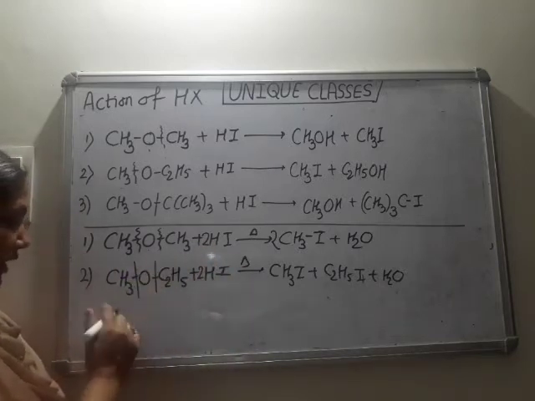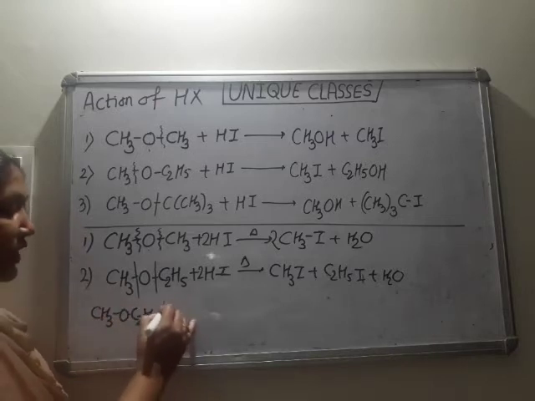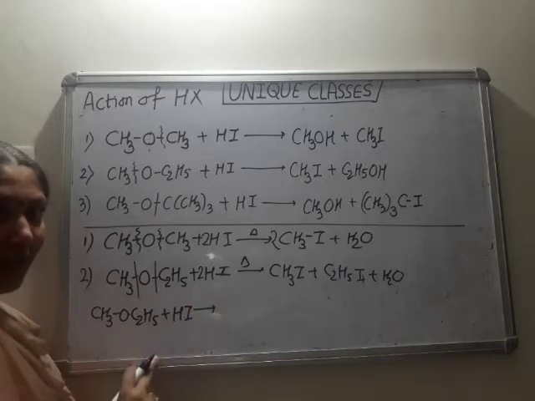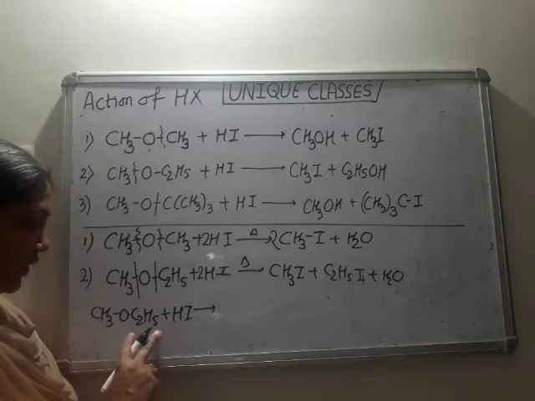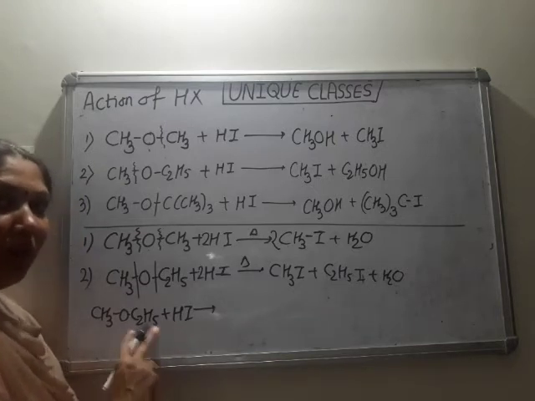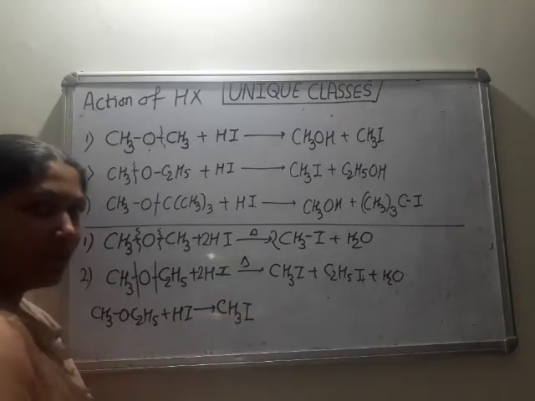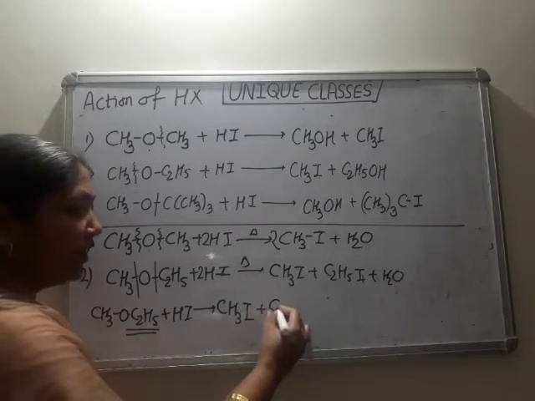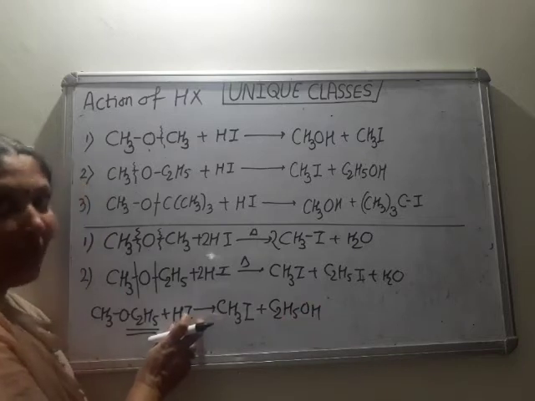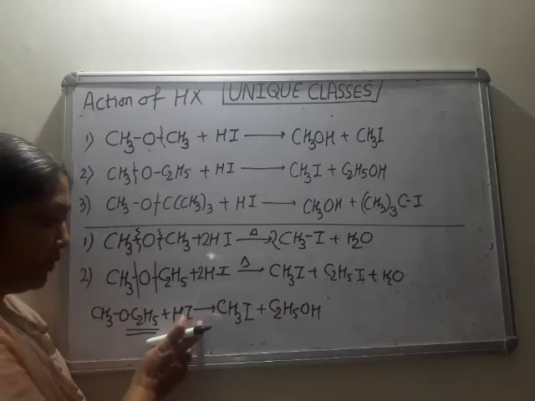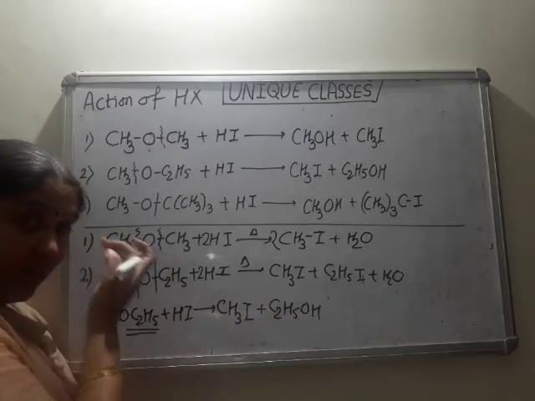Clear? Now in your textbook, instead of mentioning cold and hot HI, they have given the reaction as, see the same reaction. CH3OC2H5, they have treated with HI. So whatever I said in this case, they showed this as a two-step reaction. So the larger group forms alcohol, the smaller group forms iodide. So CH3 is converted into CH3I and the larger group is converted into C2H5OH. But alcohol reacts with HX, as in the preparation of alkyl halide we studied this point. ROH reacts with HX and we get RX.